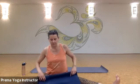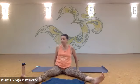So I need a little bit of heart opening and back bending and that kind of stuff to counterpose all my sitting in front of my computer, grading and reading. So we'll take our blanket. Actually, I have to back up a little more. There we go. Take the blanket and